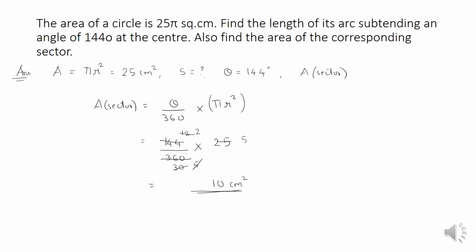Okay. So now from area you can find the radius of the circle. You know area of circle is pi r square, which is 25. Oh sorry, it should be 25 pi. Extremely sorry. So the sector area will be 10 pi. Okay. So area of circle is 25 pi. From here you find the radius, which comes out to be 5 centimeter. And now you know the radius, you know theta, so you can find S is equal to R theta. Calculation part you will try. Okay. Any doubts children? ठीक है.